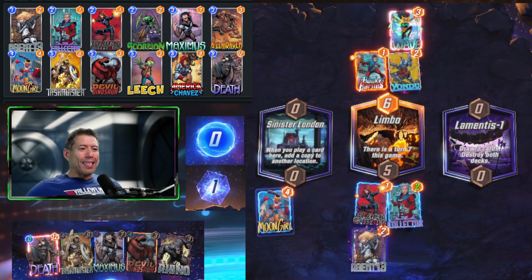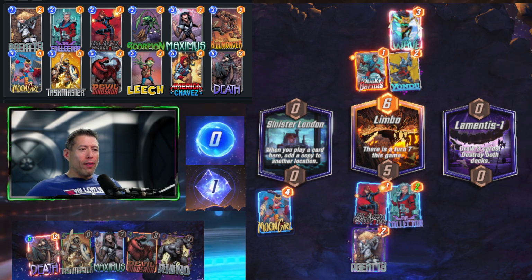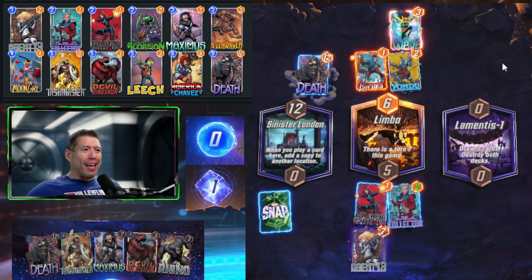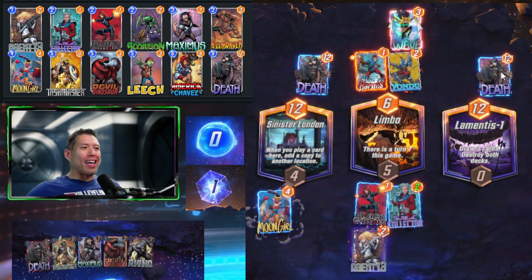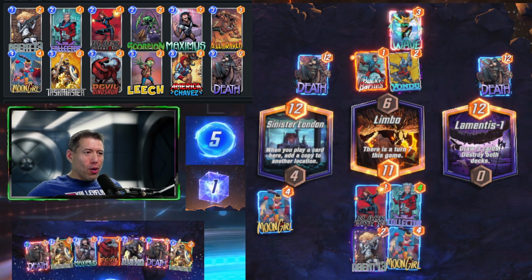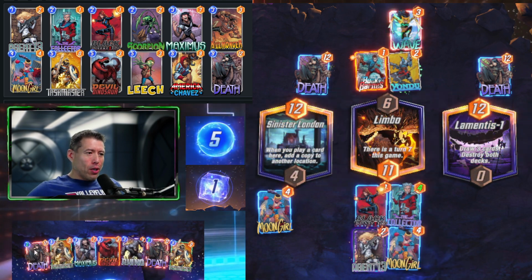We'll have 2 0-cost Deaths. We'll have a Taskmaster. We'll have a Devil Dinosaur. Let's see what happens with this. What are they going to play? What is their plan? They have the Death. All right, that is why they didn't give that automatic retreat. All right, so we have 2 0-cost Deaths in our hand. We could go Death on...